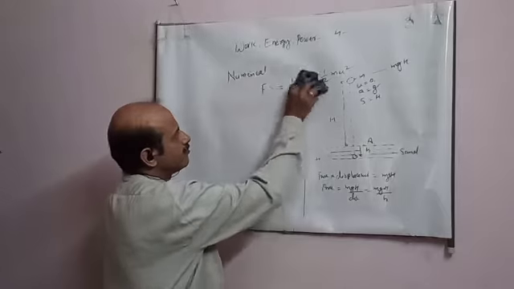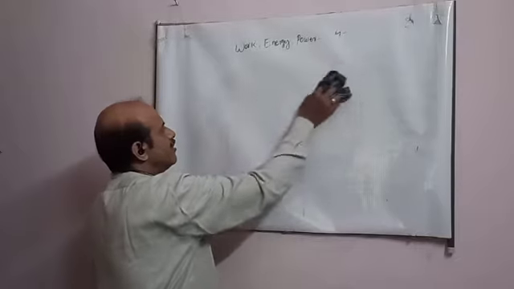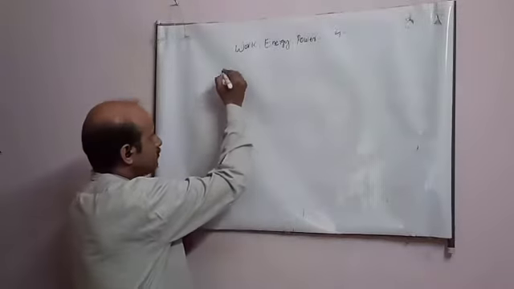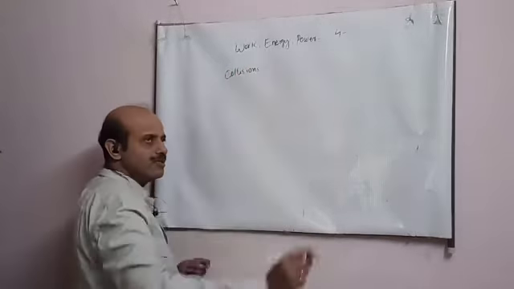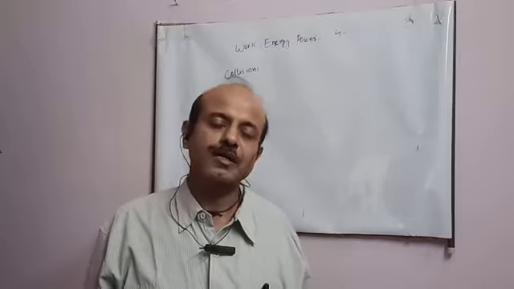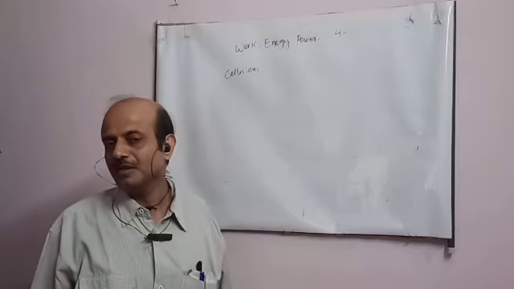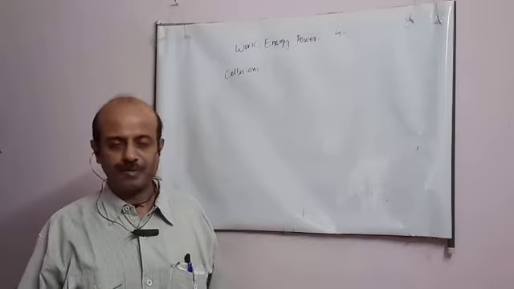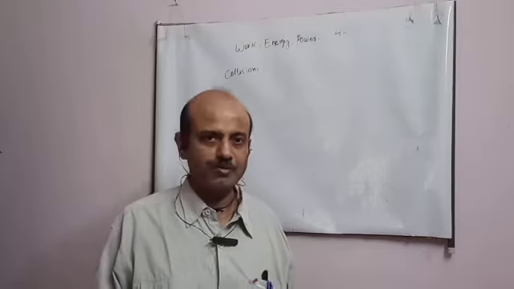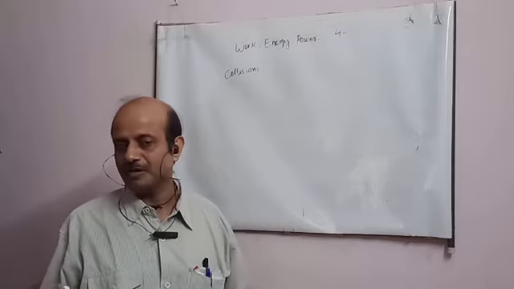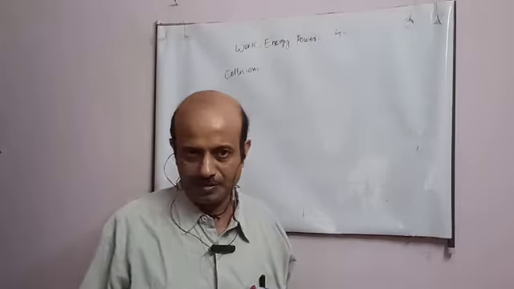Now, student, we are coming to the next topic, and that is collisions. What is collision, student? Simply, collision, what we understand in our daily life, is when two bodies collide. But collision does not mean only this collide which we have seen, student. Collision means when the motion of a particle is influenced by another particle, we say there is a collision. Though there may not be exactly a point of contact, but the motion has been influenced by the other particle. That is also a collision.